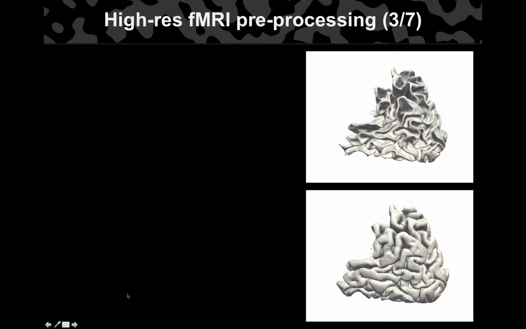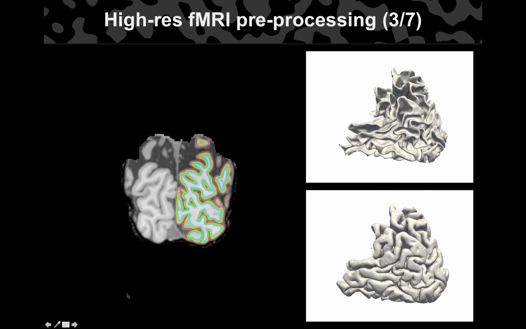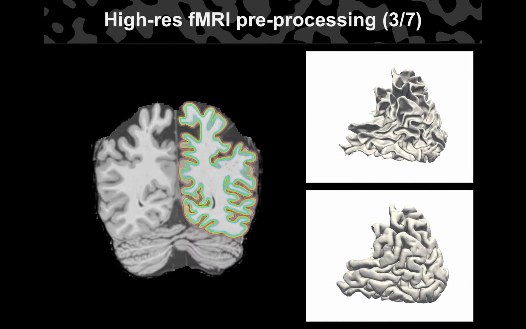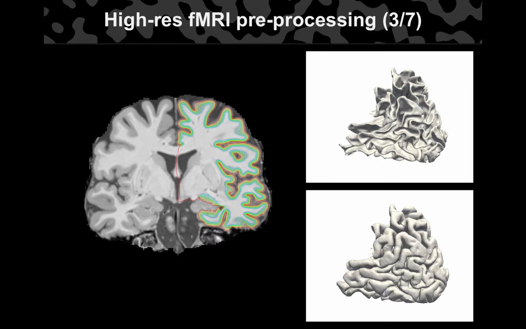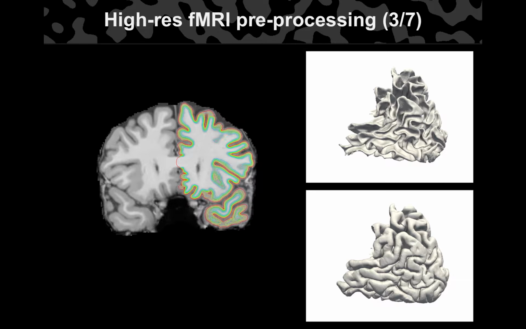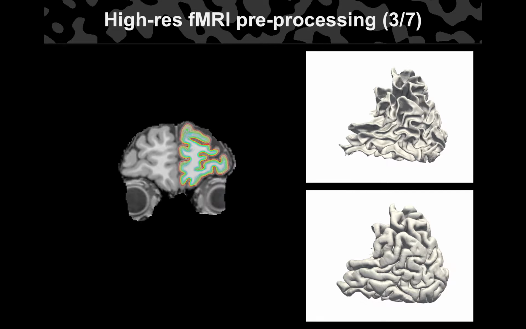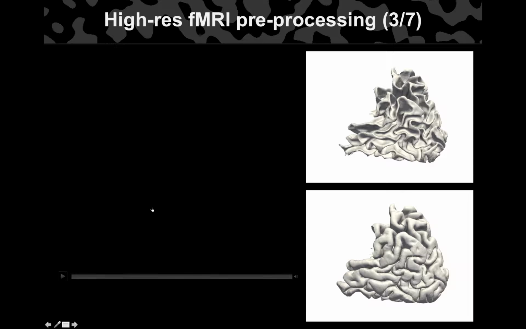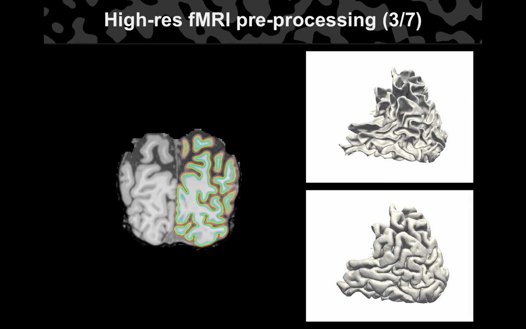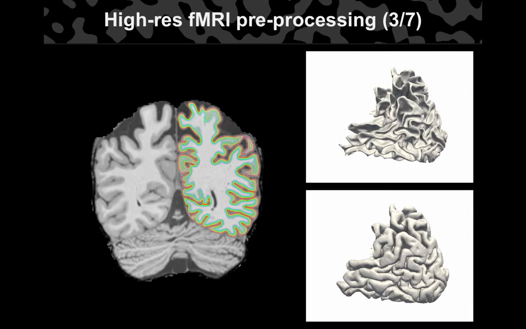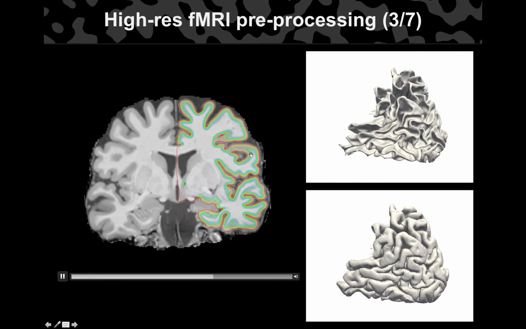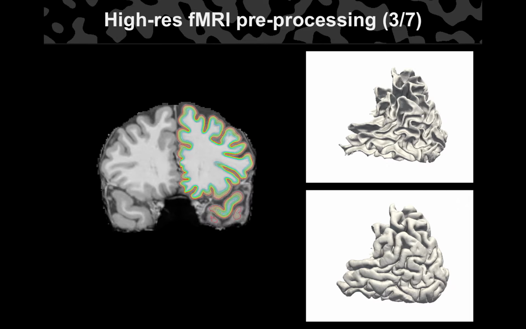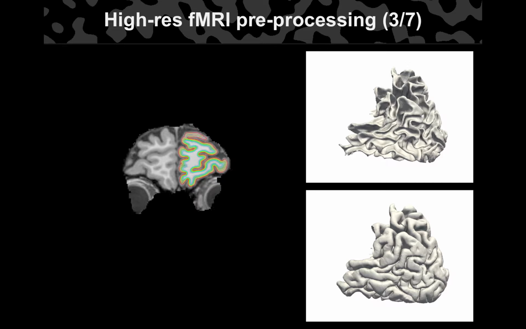This is just a movie showing, with pretty good T1 data, the automatic FreeSurfer segmentation with layer expansion, which at least by eye at a gross level looks pretty accurate. Of course, if you stop and squint, there are a lot of problems that are still present even after acquiring 9 T1s and averaging, which is a whole other headache. But anyway, this is part of our high-res processing, making these distinct cortical surfaces and sampling all the functional data onto these surfaces.